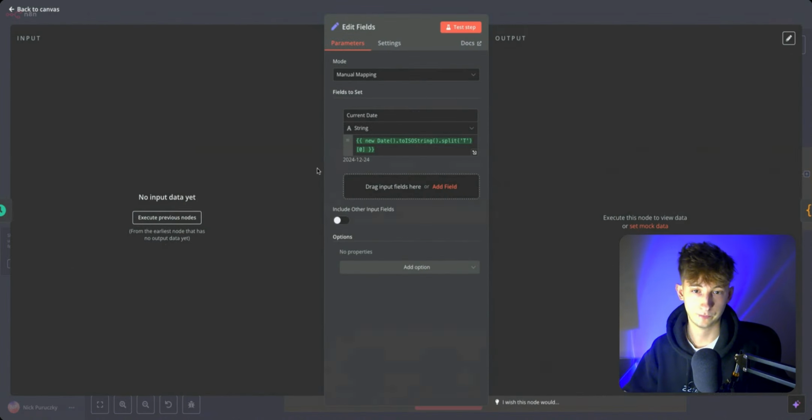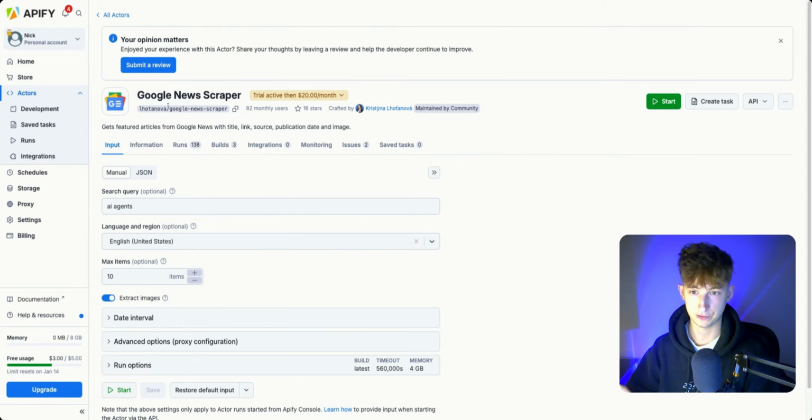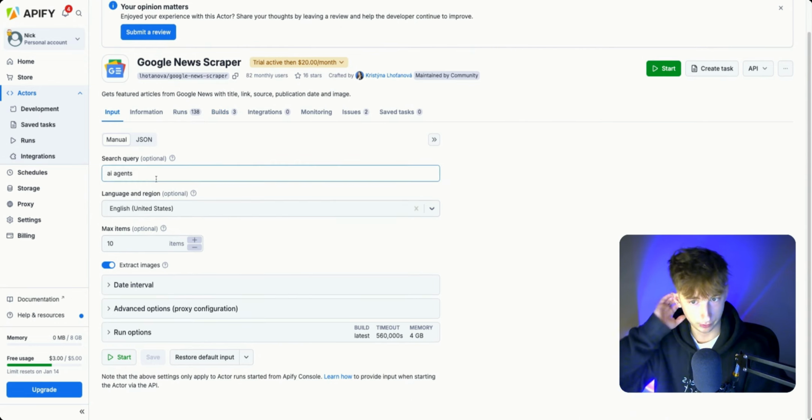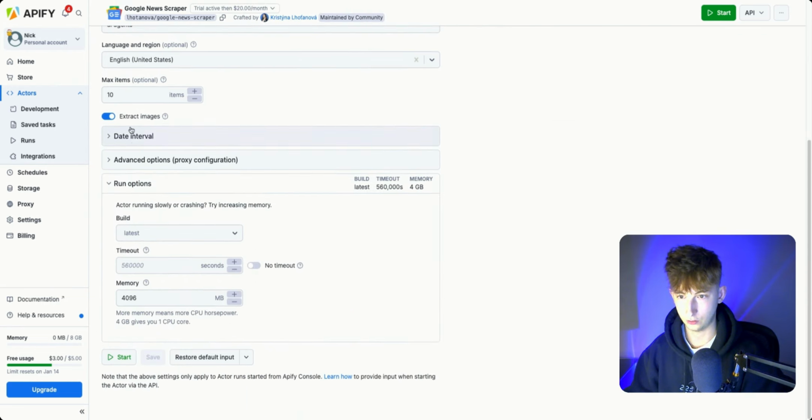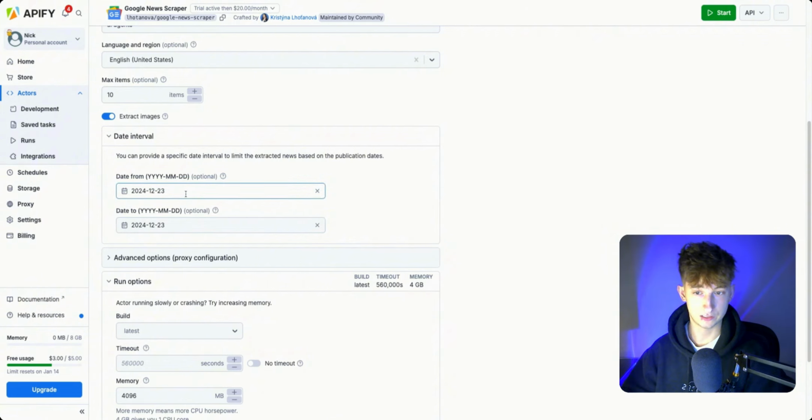Next up, what we're doing is we're setting fields. So we need to provide some context to the actor. If I open up this specific actor, the Google News Scraper, this is the one we're going to be using for our search to generate the results and everything of the reports. If I come into, I believe it's run options or date interval, we could search dates from and dates to. What I'm going to do in this video is I'm just going to get it from the past 7 days, or maybe I'll just give it